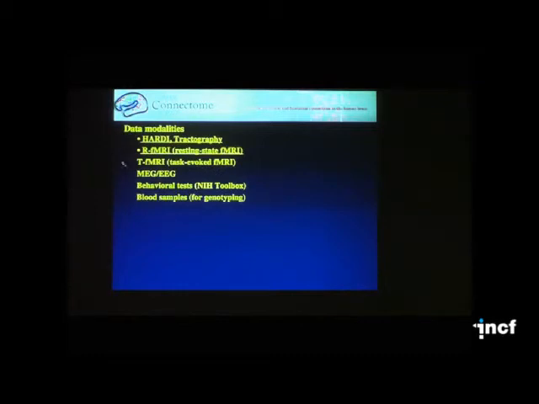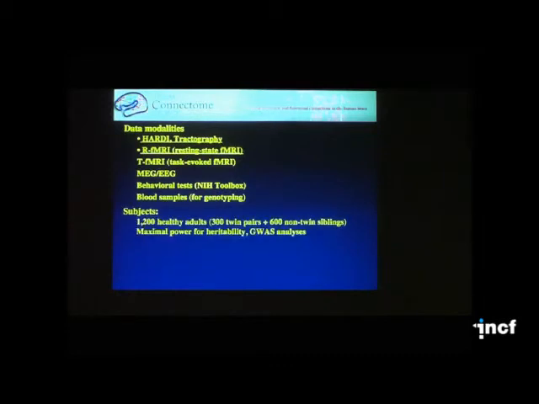But in all of the subjects we will also carry out task-evoked fMRI by a battery of tasks, and in a subset of subjects we'll send them to St. Louis University for magnetoencephalography and electroencephalography analyses. Every subject will be analyzed with behavioral tests using the NIH toolbox supplemented by several other tests. We will gather blood samples and at the end of year 5 at a minimum do genotyping, and based on what Lee Hood was telling us, I'm hopeful we'll be able to convert under budget and do that to full genome sequencing, but that's on our wish list.